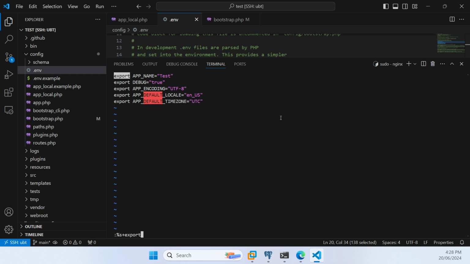So I'm going to replace the start of each line with fastcgi_param, and then I'm going to replace the equal sign with a space,